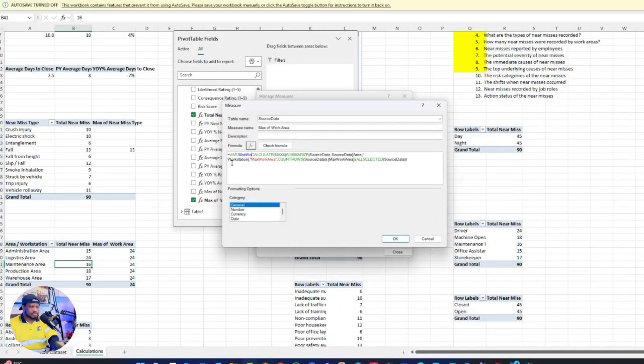It shouldn't be the same name in the measure, so we need to give it something different. Max of work area is equal to this, and then we would close this with a return. Return is how we finalize that we have given it a name, and then we come here and say if, max of work area, which is the new name that we give it, is equal to total